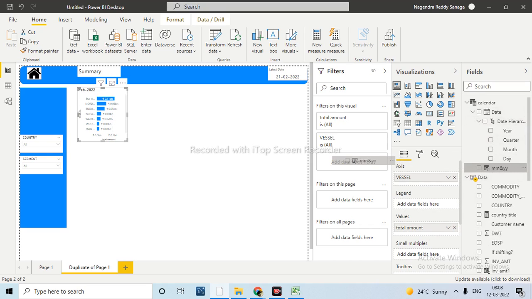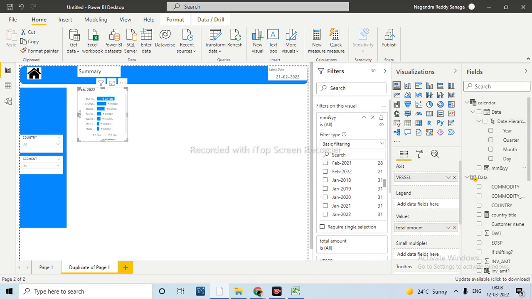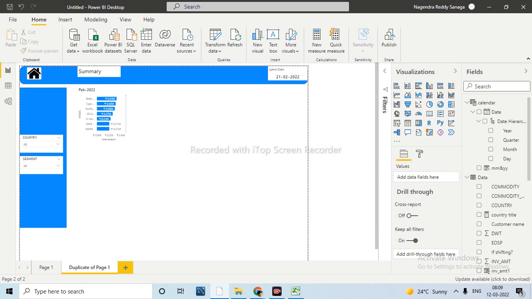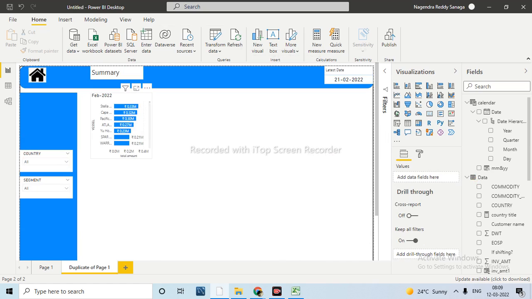Here we have this column, right? Here we have this complete information, and in this one, here is this one. Feb 2022. So that you will have only February 2022 information here. When you scroll up, you will have all the vendors from top to bottom. In this case, for each month, you can do all the visuals. How many months you want to have.